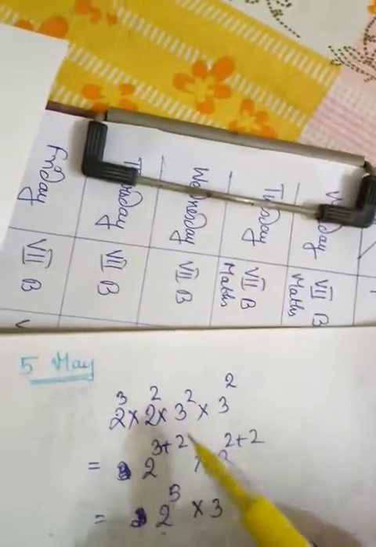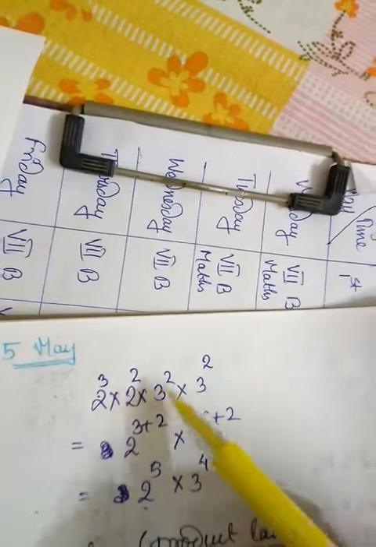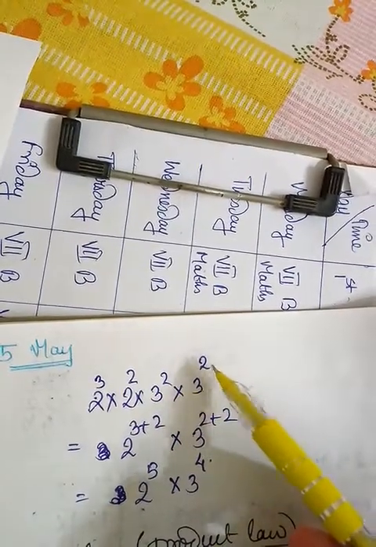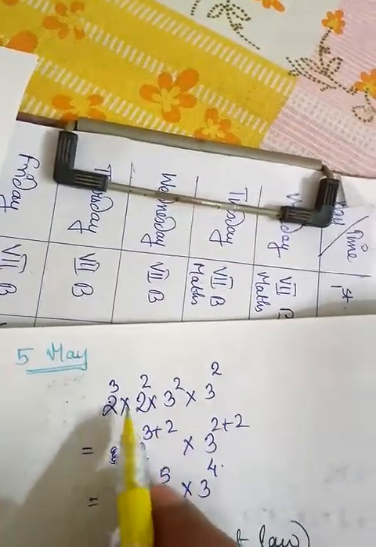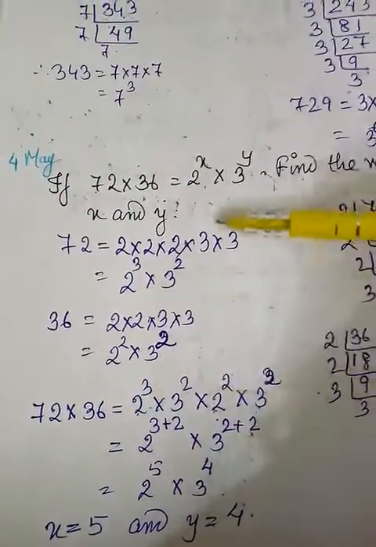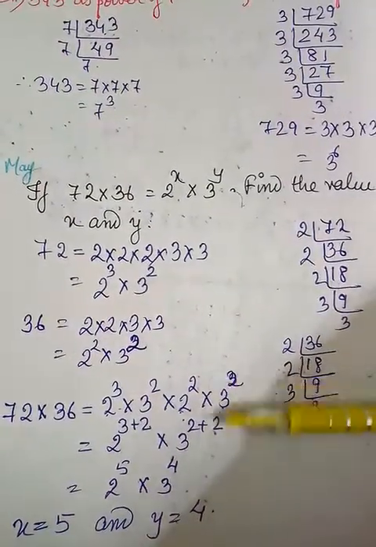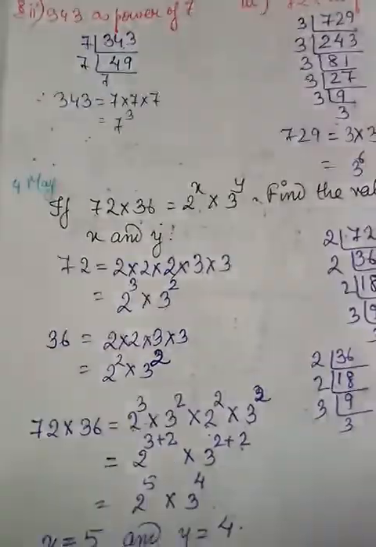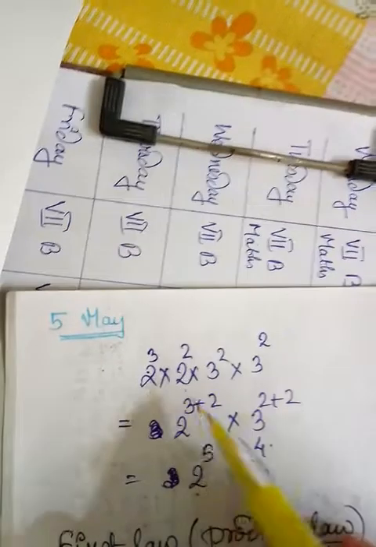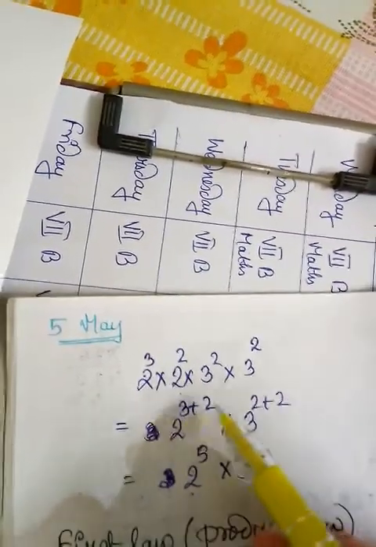Now, the very first law. Just look at this question, like 2 to the power 3 into 2 to the power 2 into 3 to the power 3 into 3 to the power 2. In a previous class, I told you that whenever the bases are same, we were adding up the powers. If I could make you recall, particularly in this sum, when I showed you in this way, I even told you that this is based on a theory, and we are going to study exactly that. So whenever the bases are same, we were just adding up their powers. So this is our first law.